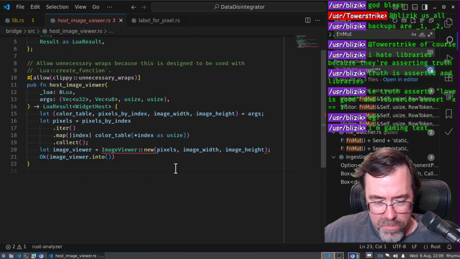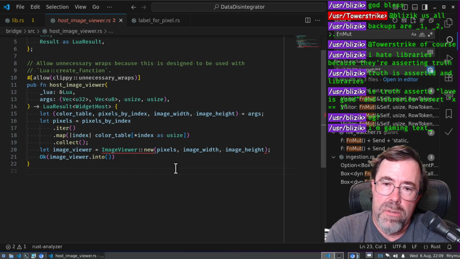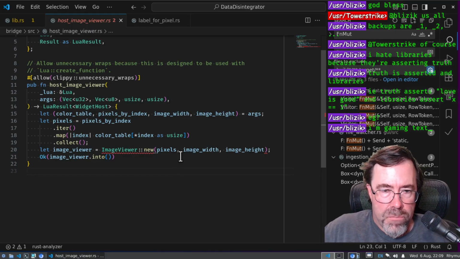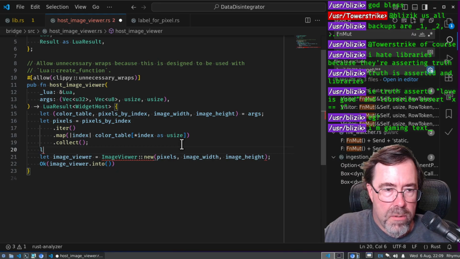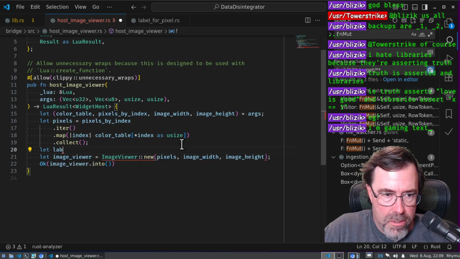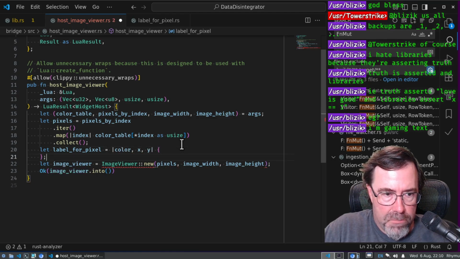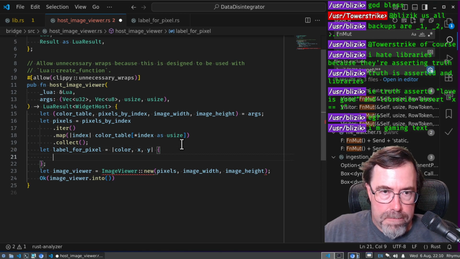Don't I just make a Rust closure that calls a Lua function? I just need to remember how to do that. So we can just code it here without going back to Lua to start with. Label for pixel. So it's like color, x, y. And then